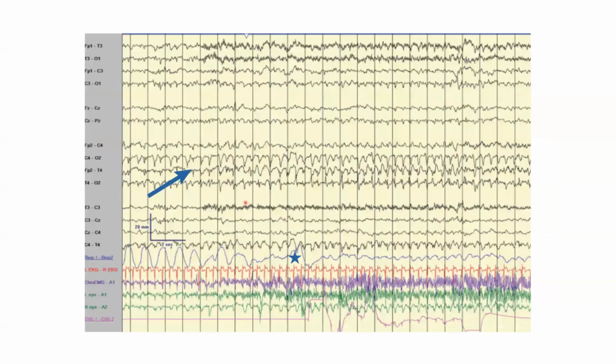This is how a neonatal seizure looks. You can see a very regular pattern which evolves. The frequency here is lower than the frequency here. The frequency has increased, and it is associated with cessation of breathing. These blue lines indicate the respiratory pattern, Resp1 and Resp2 are the channels. Where the star mark is, the breathing suddenly stops and the child becomes apneic for some time, and then slowly the rhythm increases. So this is an example of a neonatal seizure, just to show you how it looks on an EEG.